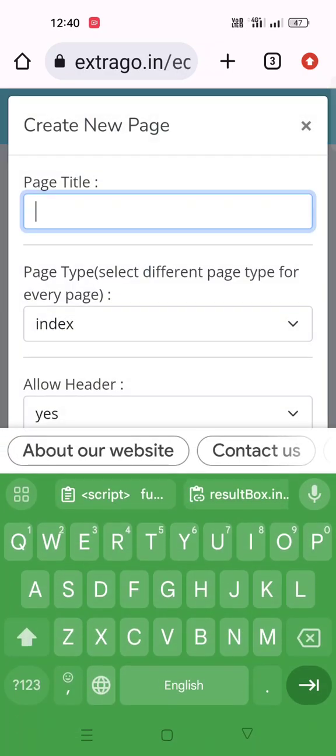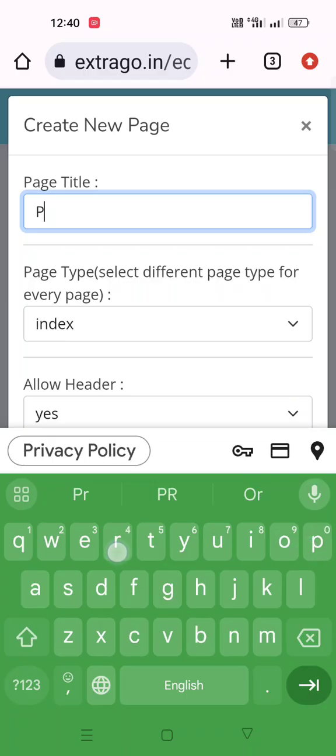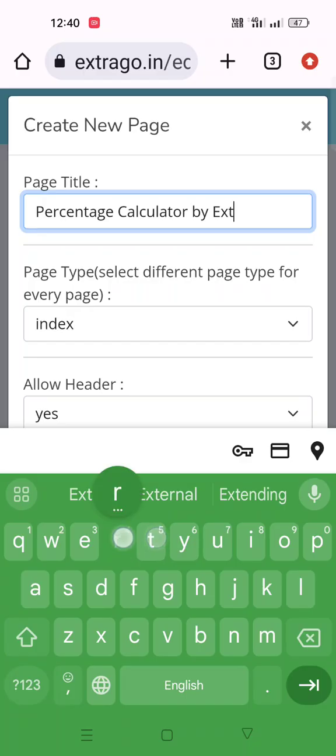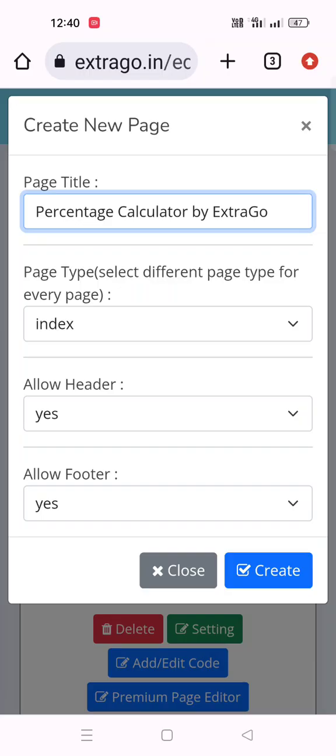The page title will be percentage calculator by Extrago. This is the title of the page.